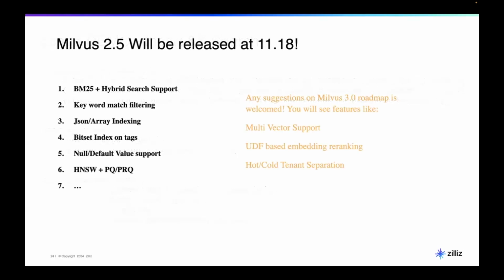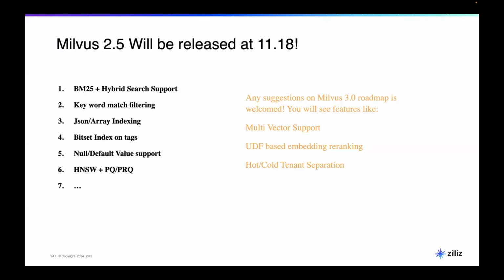We're just going to release this Milvus 2.5 version next week. This is the first time I talk about all the new features here, so feel free to talk to us. This version is very focused on having more search functionalities. Not only BM25, but we also have keyword matching. For a very long context, if you want to filter out documents with the keyword Milvus, that is doable. We have multiple different indexes to improve the filtering performance. We also add a lot of different quantization to help users reduce their cost when they do vector search, right? So right now we're preparing for Milvus 3.0.